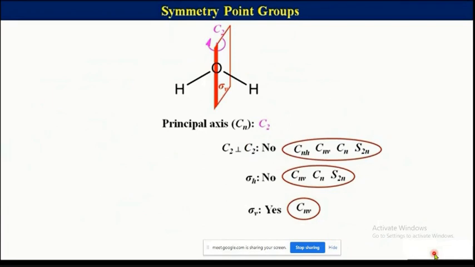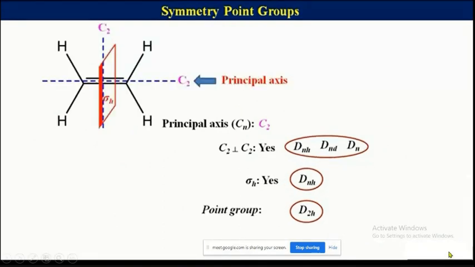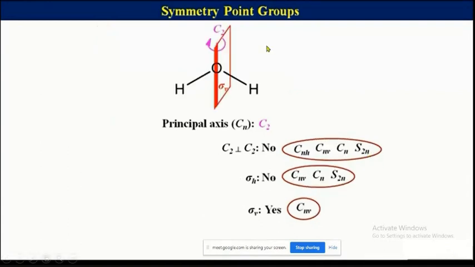I have taken one basic example of water. Now see here, in this case, water, the basic example I'm taking. If you see the red line, it is the principal axis, and along this axis you are trying to rotate the molecule. So the axis is C2. Whether the molecule is linear or non-linear, it is non-linear. So the possibilities of D infinity h and C infinity v are removed.